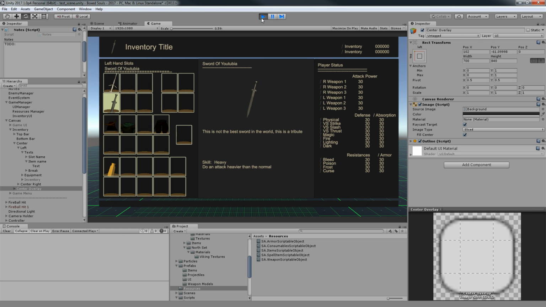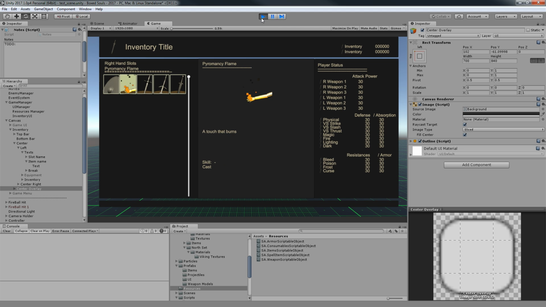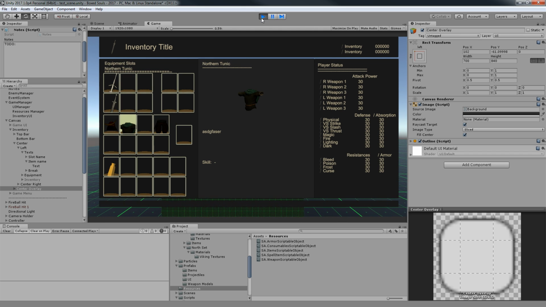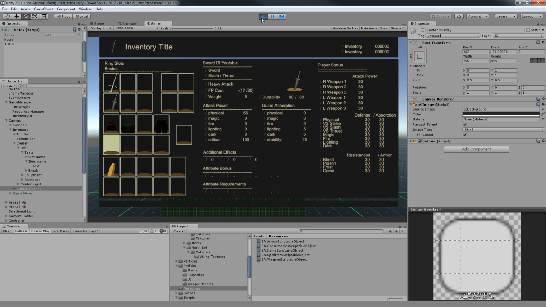If we go back and go now into one of our weapons, we can press X and it will switch into the sender overlay and the general status area. Okay, pretty simple, and I think we could actually